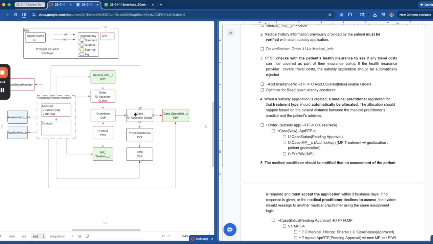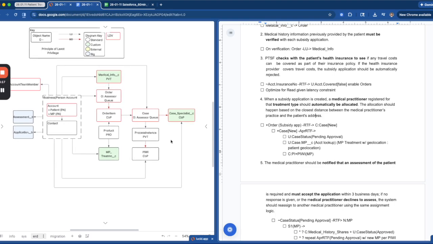the case's medical practitioner field with an account lookup. That is with the MP lookup rather. That will assign the MP based on the combination of the medical practitioners that are assigned to that treatment, as well as the medical practitioner's geolocation that is stored on the medical practitioner's record itself. So once the appropriate medical practitioner is determined, they're assigned to that lookup on the case, and